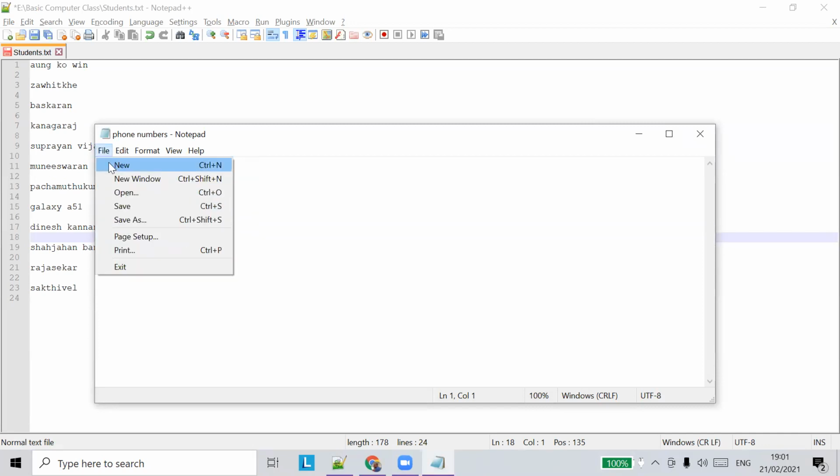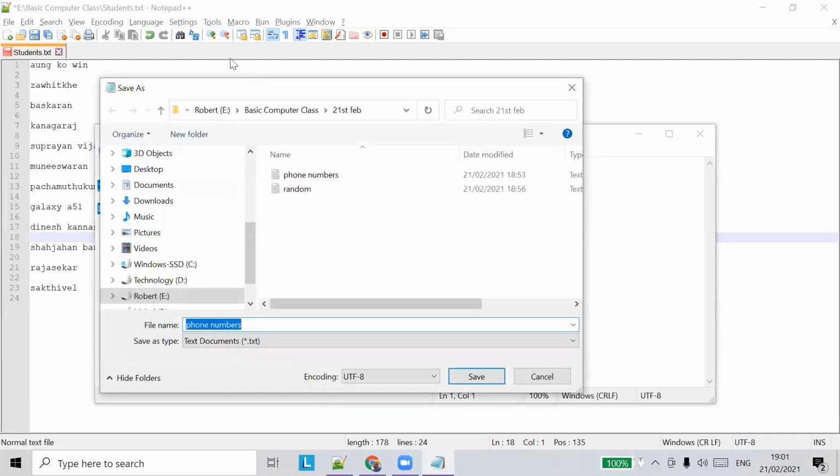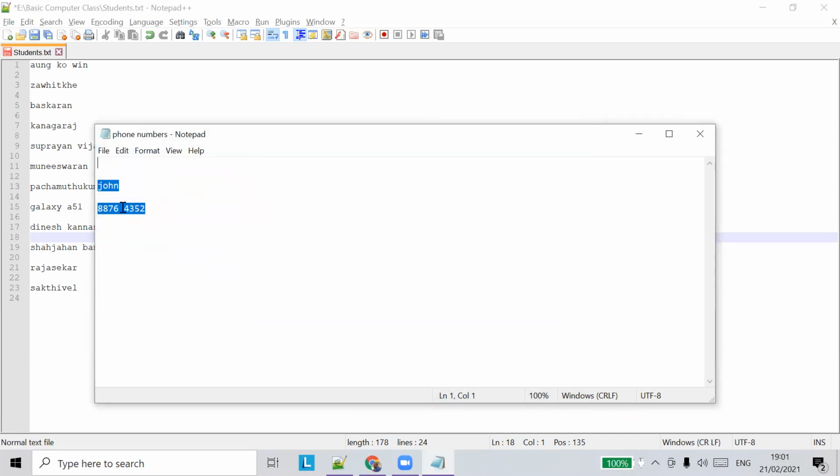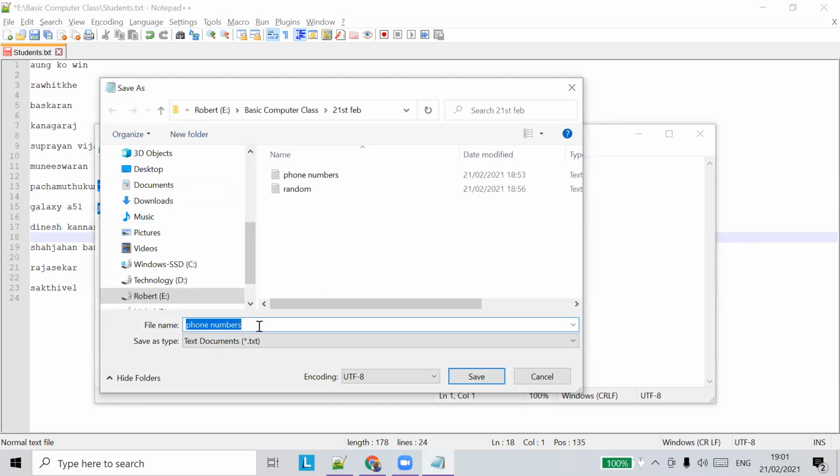So we have seen other things. Save As, பார்த்துட்டோம் நம்ம. So Save As is nothing but if you want to save, so let's say the phone number file is already saved, right? But I want to save it with another name. So when I click Save As, I'll say another phone number. So I'm just giving another file name, and I'm saving it.